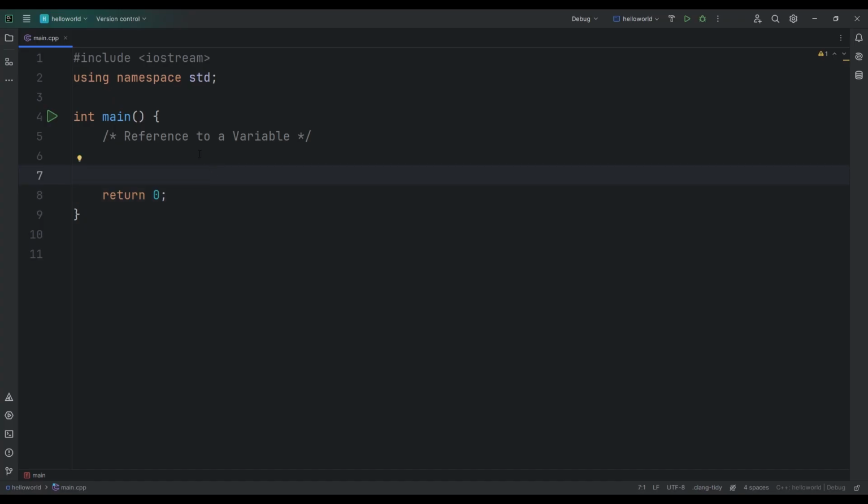First, let's understand what references are. To grasp this concept, let's create a variable. Let it be an int variable named number, and let's give it a value of 10. Currently, we have created a variable that occupies a memory cell in the computer's RAM, taking up 4 bytes of